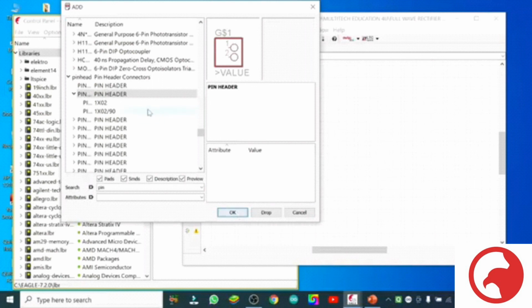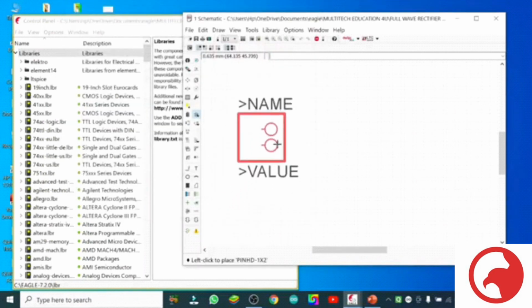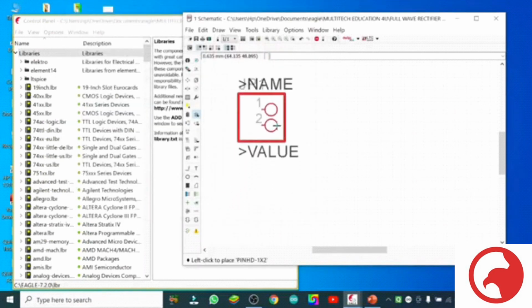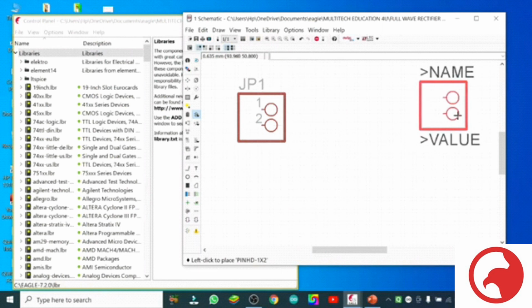So again I will click on that. You see this is other type of pin head which I don't need. I need this one. So board file has come. Left side is a schematic symbol. Now we can go make OK, and it comes on our platform.